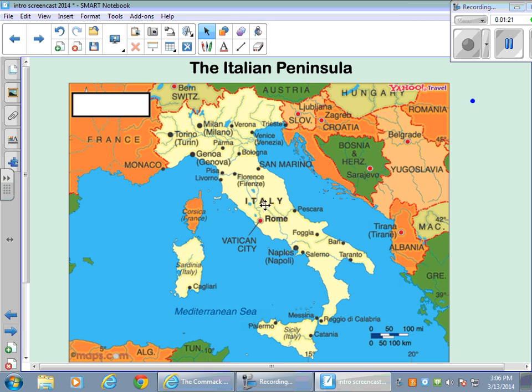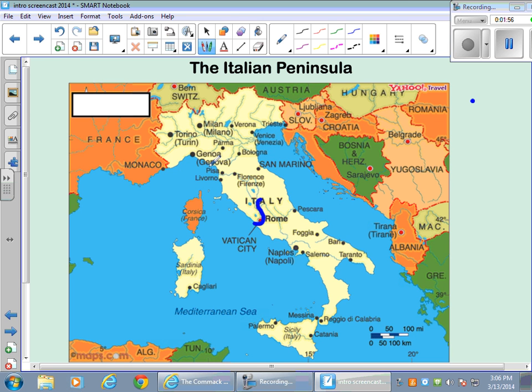Now, the Italian peninsula we know today as the modern country of Italy. It is called a peninsula because it obviously juts out from a larger area of land, which is the continent of Europe, and it is surrounded by 3 bodies of water, 1, 2, and 3. Rome itself is about halfway through the Italian peninsula on the western edge and lies upon the Tiber River, as I drew there for you.